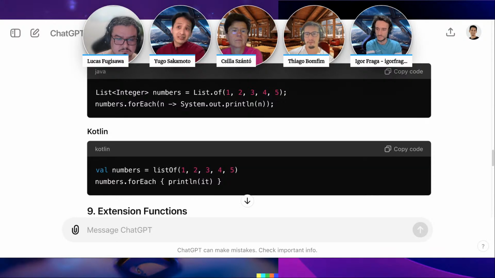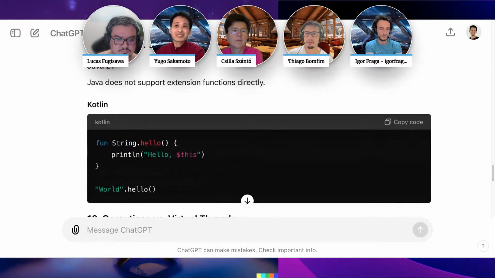It is to append functions to an object, right? For the string, we can create a hello method, and then we can use it for any string, and they automatically get this static function already on it. And I see a lot of advantage in this feature. At least it is much cleaner than calling Utils dot hello and passing the string.